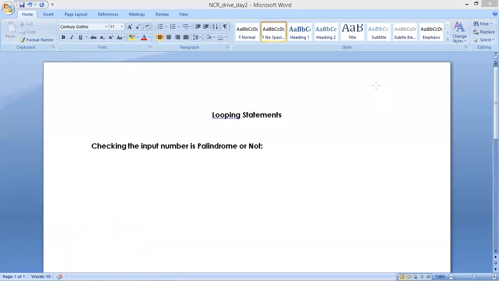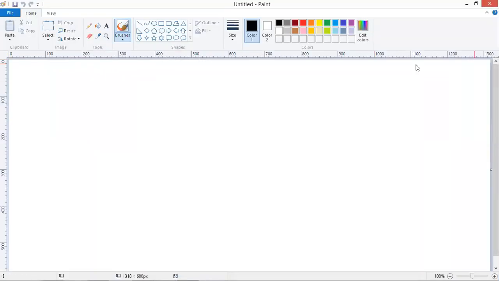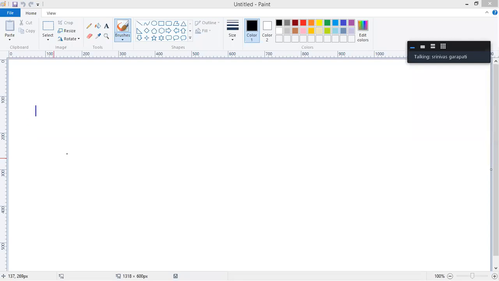Here, suppose we are taking one number. In the last session, we have written some code. Suppose n equals 525. A palindrome number means the reverse number is also equal to the same number.